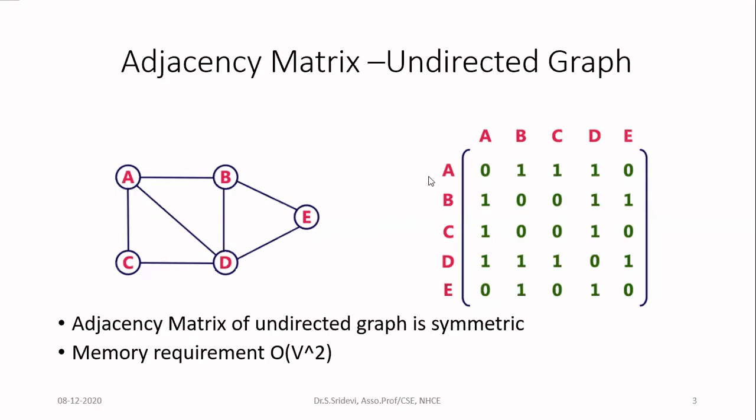And for our easy representation, I have given the index for the rows as the labels of the vertices. But when you do the programming, the index will be from 0 to n minus 1 only, because we are implementing in C by means of arrays. So always arrays will start with index 0. Now for easy understanding, we are considering that we have the index as A up to E. They are nothing but the label of the nodes. Similarly, the index of the column will also be the label of the nodes, that is starting from A up to E. Now, how to fill this matrix?